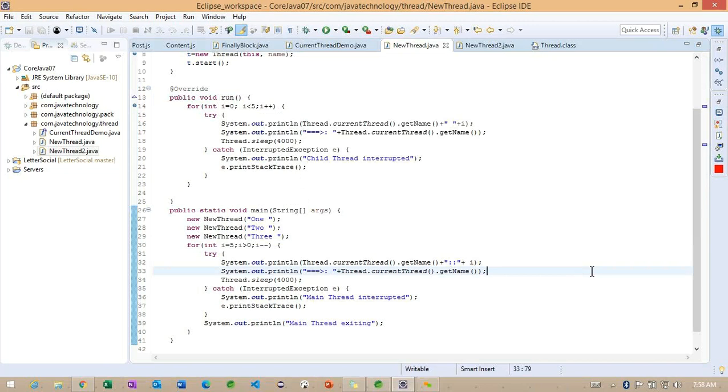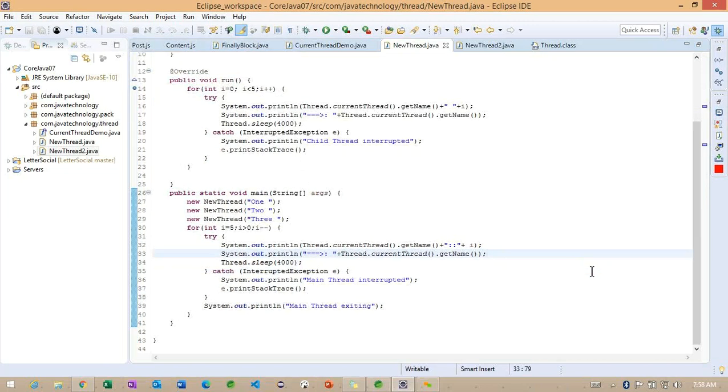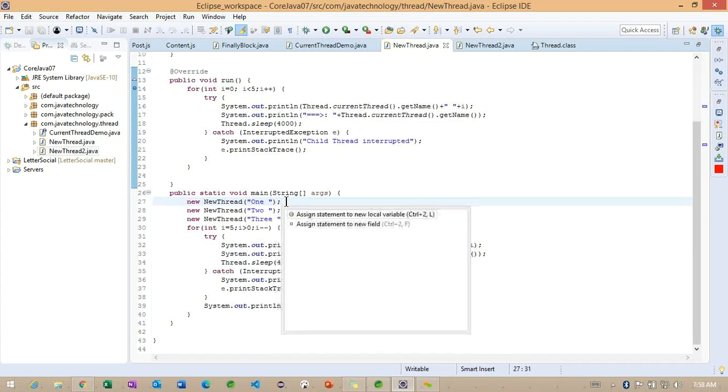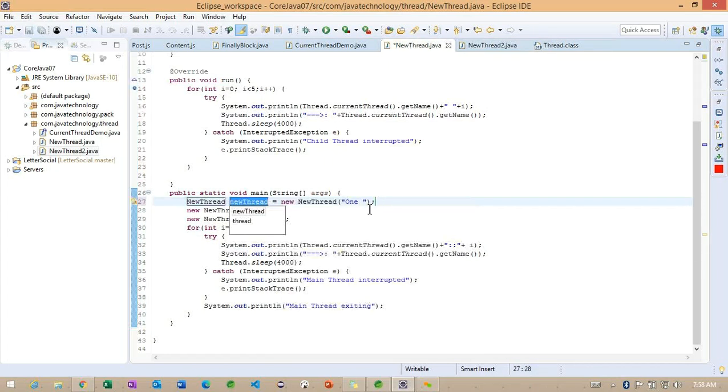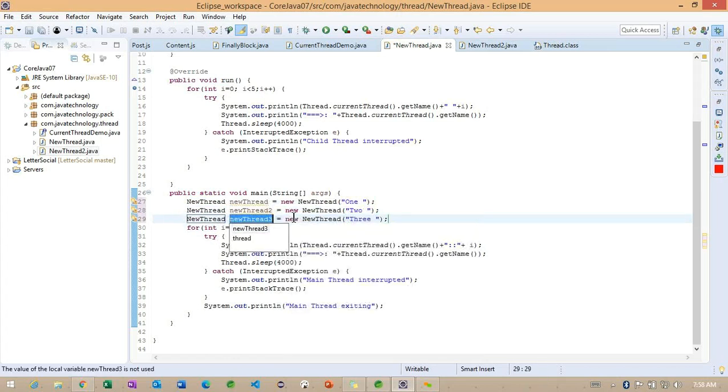We are going to work with the same example here. I'm creating three threads here.